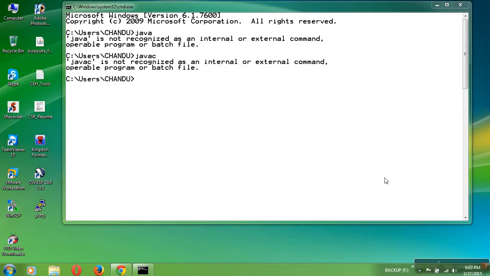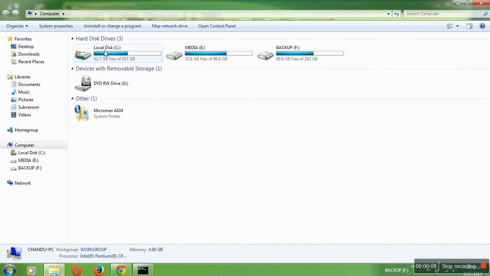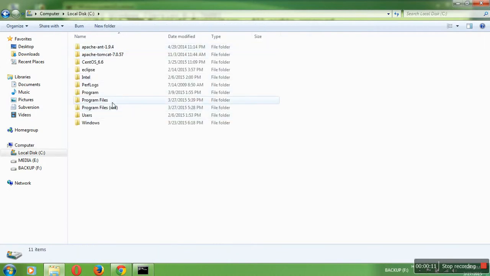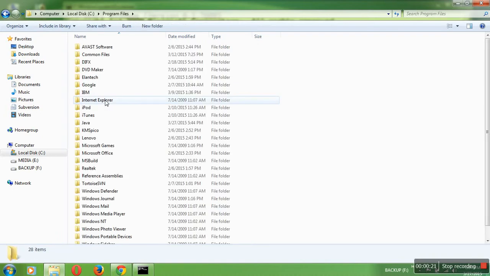Once the installation is finished, you will get a box with a close button. Then click on close. Go to Computer and open the C drive. There you will get two Program Files folders, one for 32-bit and one for 64-bit. We have installed the 64-bit version, so go with Program Files directly.